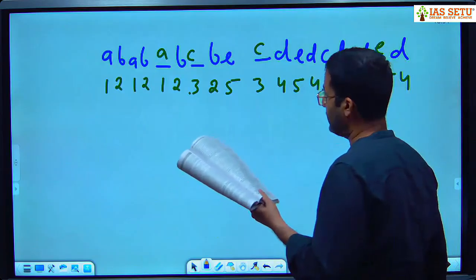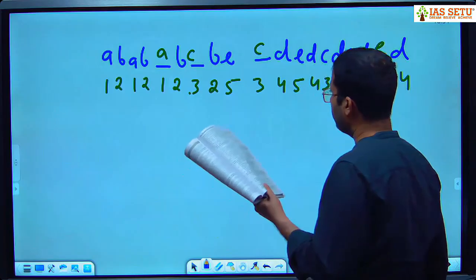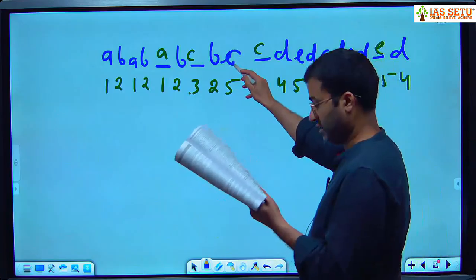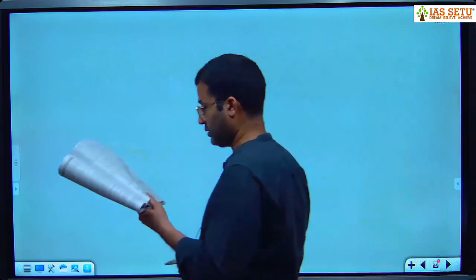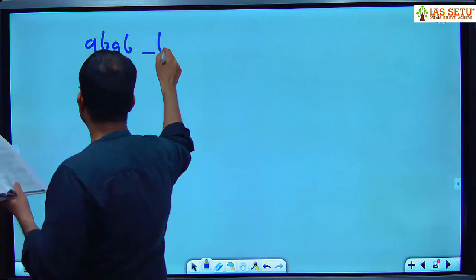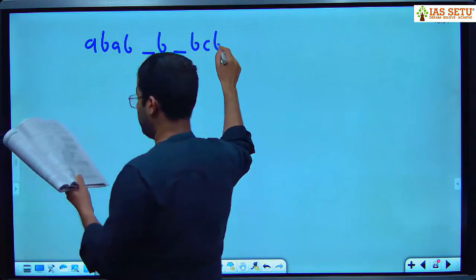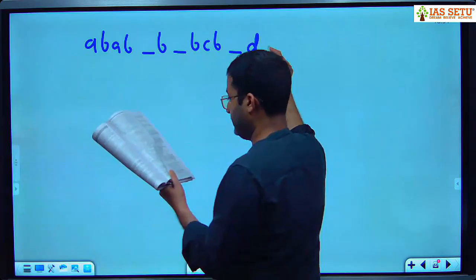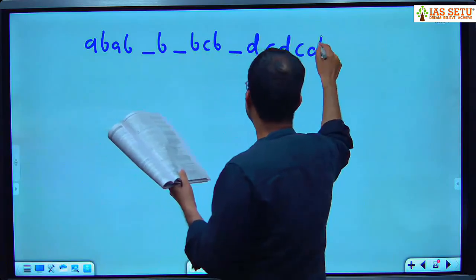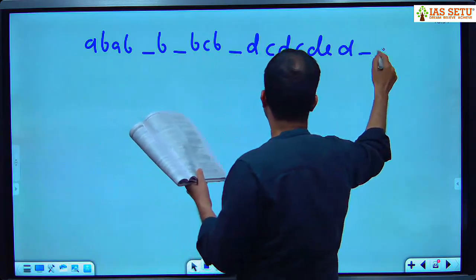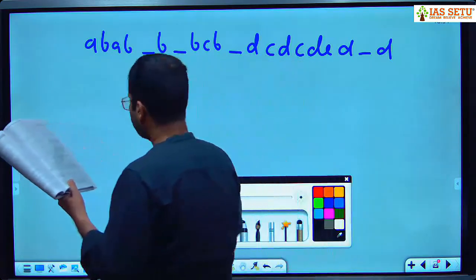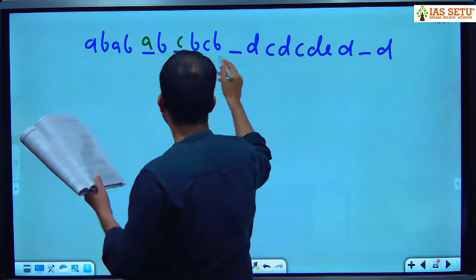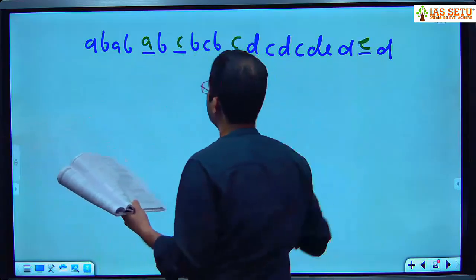ए बी डैश बी डैश बी सी, ये बी सी था, बी सी बी। क्वेश्चन है ए बी डैश बी सी बी डैश डी सी डी ई डी डैश डी। अब इसमें सी आंसर ऑप्शन पुट करके देखते हैं। ए सी सी ई।